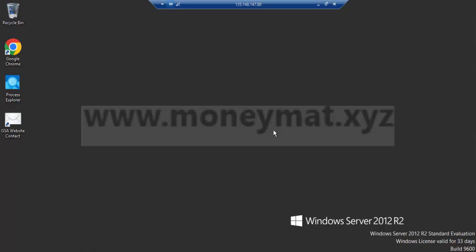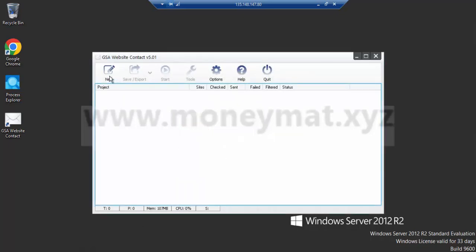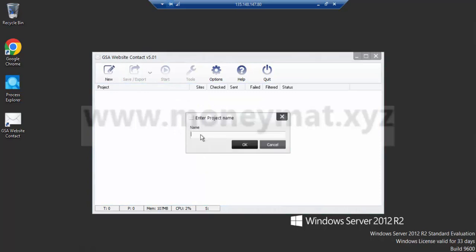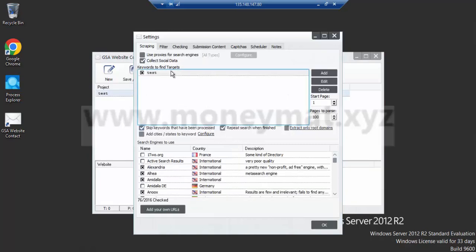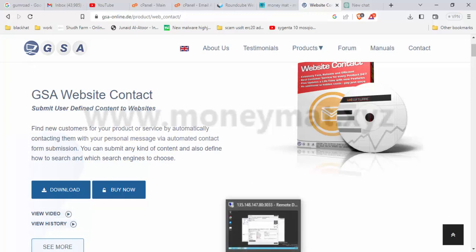When you use the trial version of this GSA website contact, you will see this kind of screen. It shows you the buy now and register buttons. I'll just click on new and test it with a target. The first thing you need to add is the scraping website, which means I show it the contact pages. On the contact pages, I just show it this website, and the same thing, it will scrape thousands of